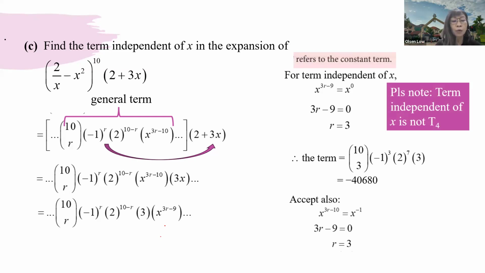Some of you may be able to work it out and see that in order to find the term independent of x, the term x to the power of 3r minus 10 equals x to the power of -1. So from there, you still get r equals to 3. If you work out the answer using this method, it is also acceptable. So I think with this, I have concluded some of the key things that you need to know on